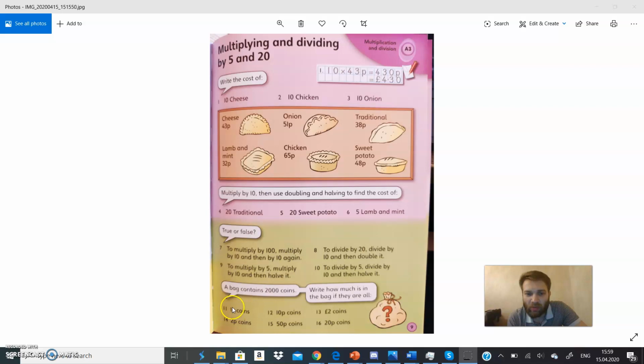This one will be 2,000 pence. This one would be, so look, you've got 2 multiplied by 1 is 2, then you've got 3 zeros here and 1 0 there, so that one will be 20,000